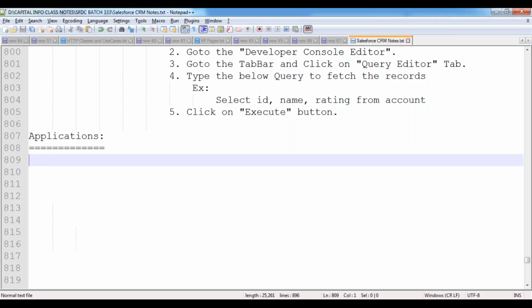Now, sometimes in an interview they will raise a question. We have the 15 character ID, which is visible in the URL, and the 18 character ID inside the database. Which one is case sensitive? Both are case sensitive. Whatever the 15 character ID or the 18 character ID we have, both are case sensitive. Please remember this point. It's a 100% common question in every interview: what is the difference between the 15 character record ID and the 18 character record ID?